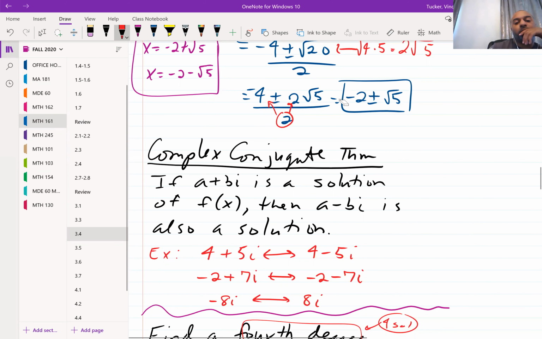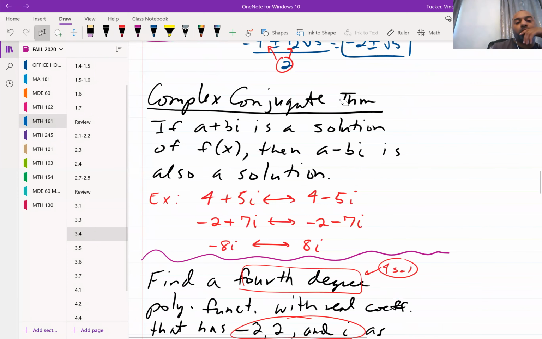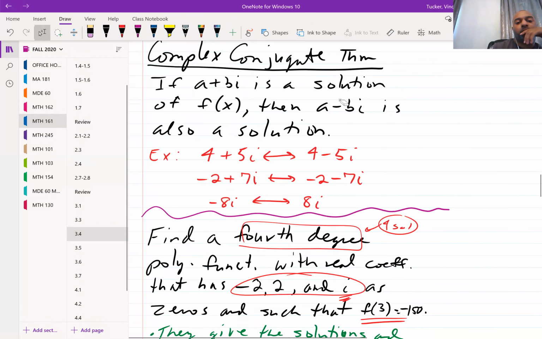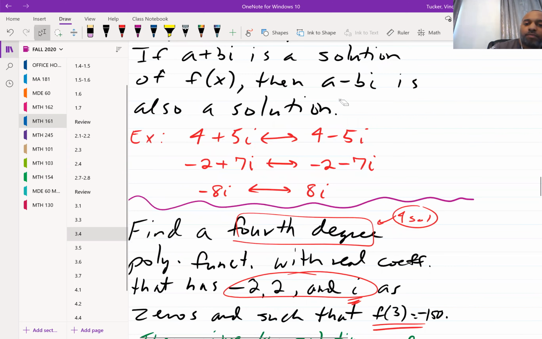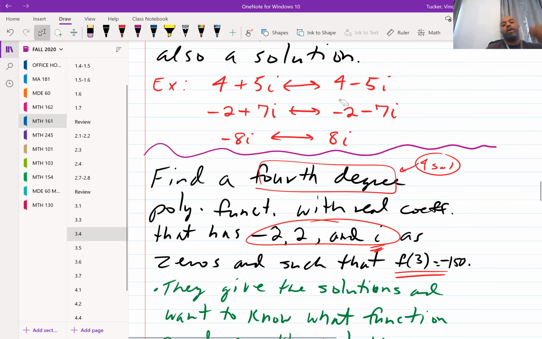All right. We're still holding on to the complex conjugate theorem. So this example, and the next two examples, I'm going to focus on that same process. It tells us here to find a fourth degree polynomial. Fourth degree means 4 solutions, the highest exponent of our polynomial is 4, with real coefficients,